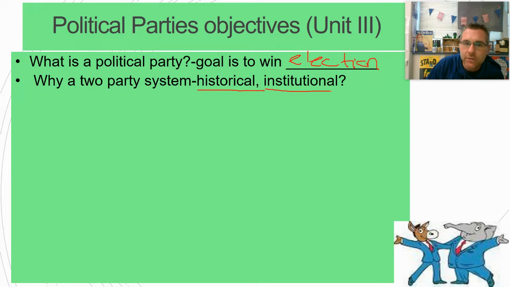We also have an institutional reason, and we're going to talk about this with election systems called winner take all. And really dive in deep and show you how that system in itself is going to lead to a two-party system over time. And the reason why is because third options get very, very few votes because people realize there's no opportunity for them to win. You ultimately come down and you have a big race. And ultimately, you're going to see that it's only going to be one winner. Probably what's going to happen is there's going to be one winner, and then there's going to be another one that comes really, really close, right? And maybe you have a runoff if it's really, really close. But otherwise, we see the third parties are going to slowly drift off.